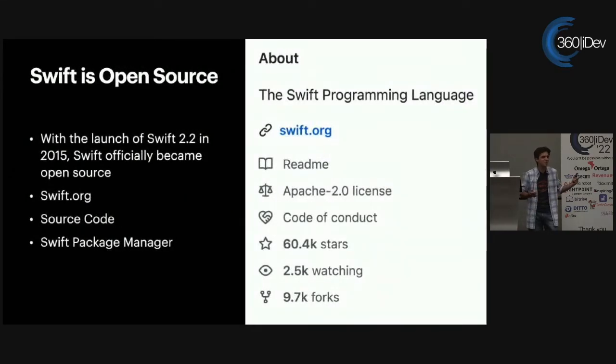See, Swift became open source. And while that was great for all of us now, it did cause some problems right as it happened. See, you can see there, you have Apache 2.0 license. That's like legal for do whatever you want with this.